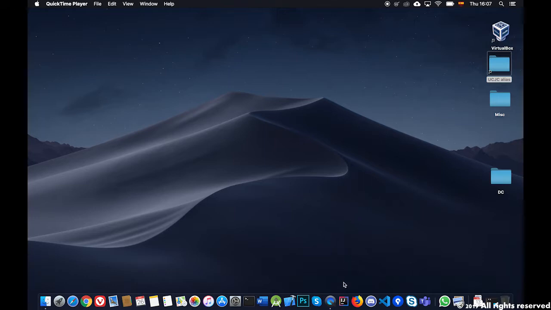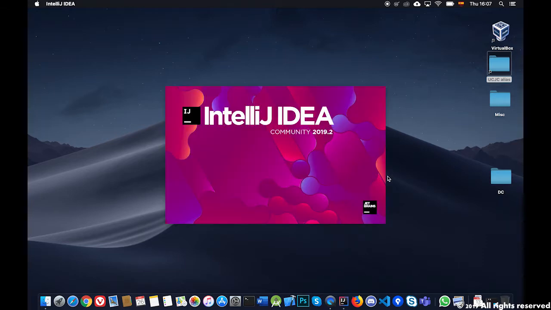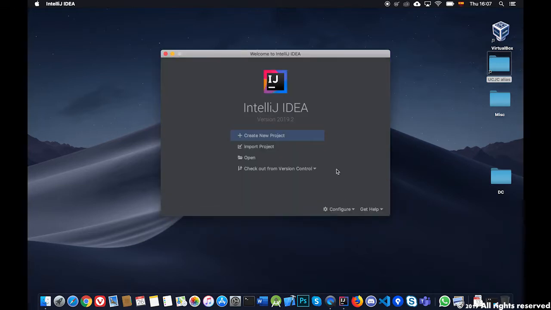Like always, it's a hello world application. We'll enter into the IntelliJ IDE editor, and we'll create a new project. As you can see, you can either create a new project, import an existing project, open a project that you already had, and check it out from Git version control, GitHub, or Bitbucket. In our tutorials, in the beginning, we're not going to use it, but later on, we will start also creating projects in Bitbucket, so we can link them and start